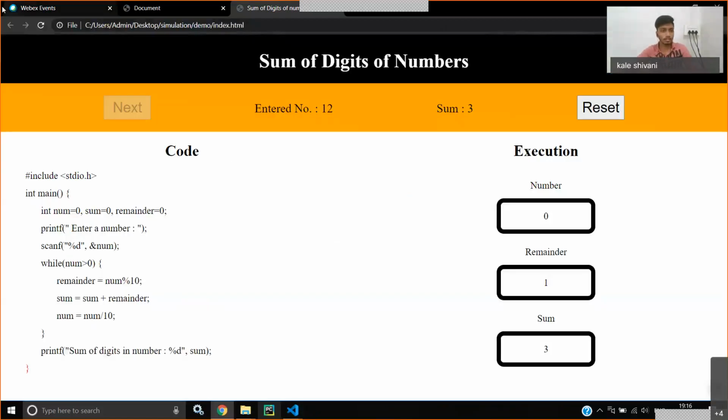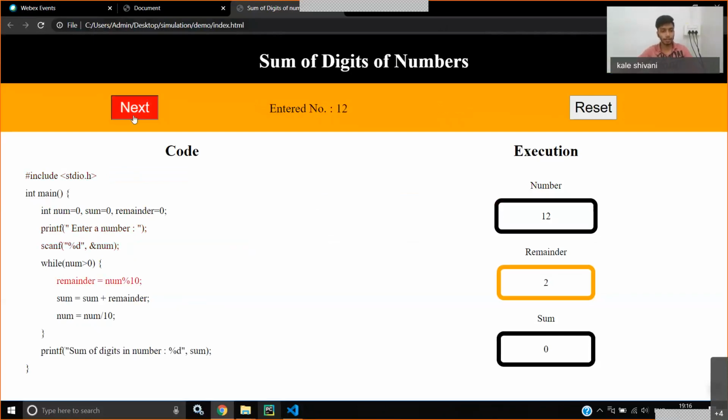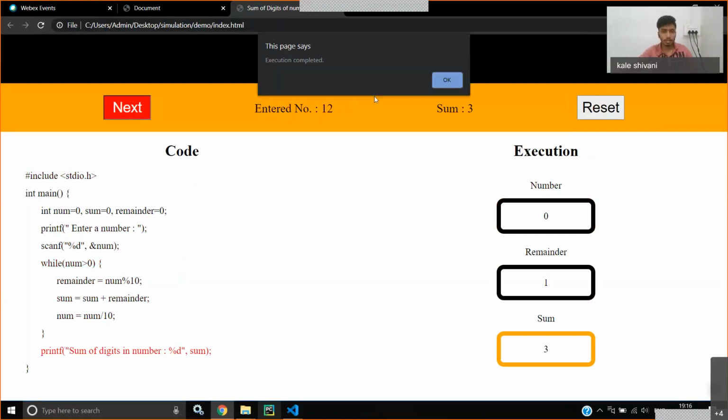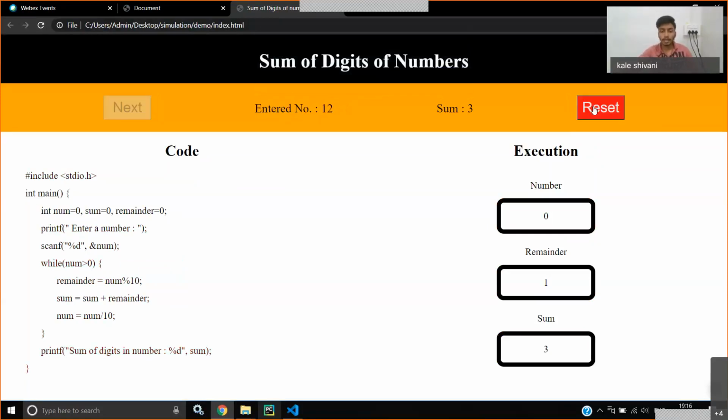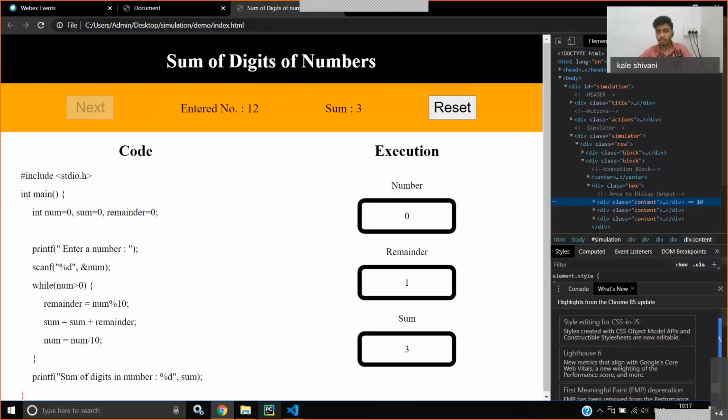Let's see. Everything is working fine. The condition is false. We printed the number. Execution complete. And okay, so it is not working. There is no problem, let me check.